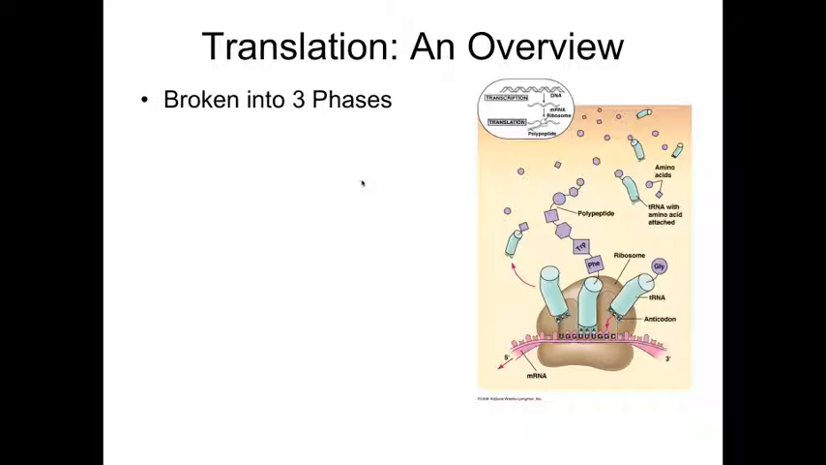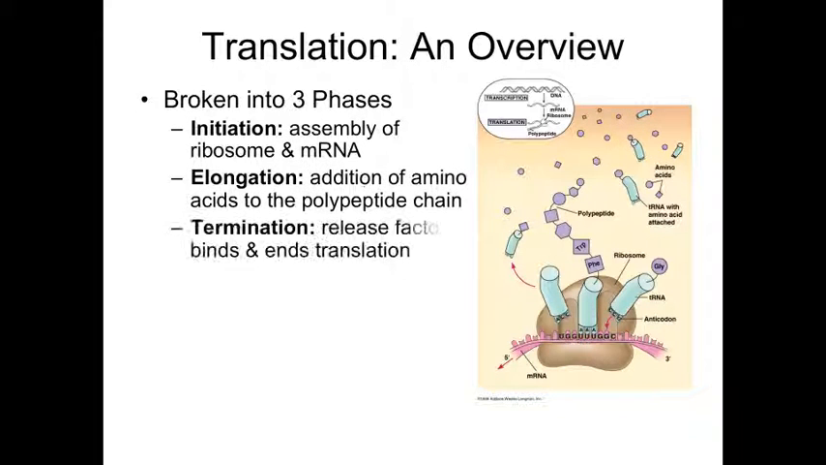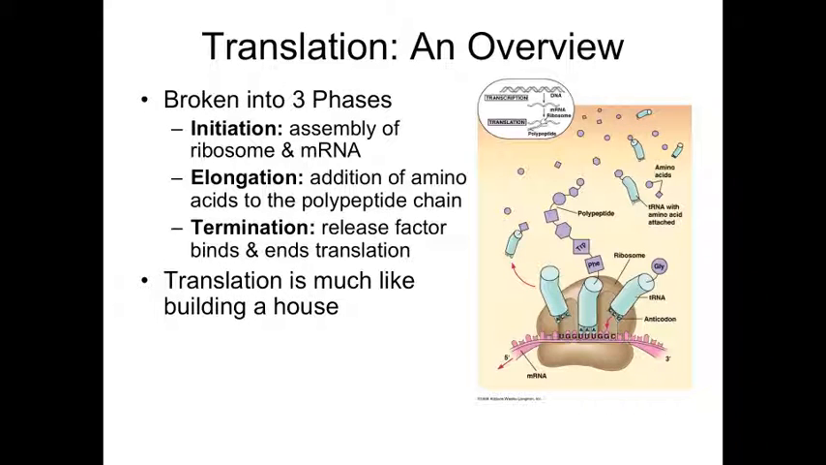Translation is also broken into three phases called initiation, elongation, and termination. Again, if we think about logically what has to happen, you understand what occurs in each of these different phases. Initiation is where we get everything together. We're going to assemble the ribosome with the messenger RNA. In elongation, we'll be elongating the polypeptide chain by adding amino acids. And during the termination phase, we'll reach a stop codon, which codes for release factor and ends the process of